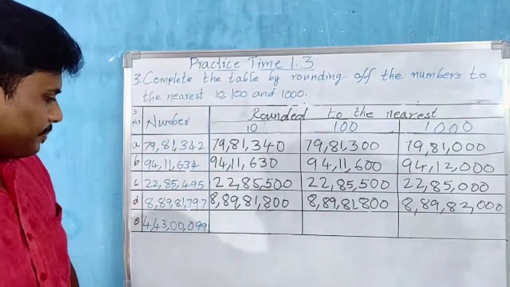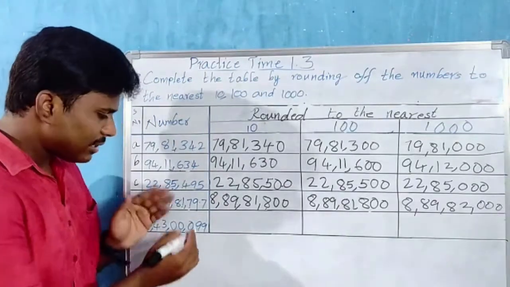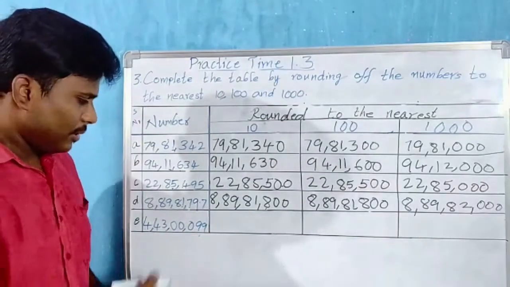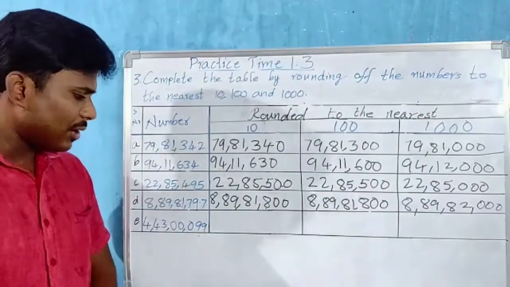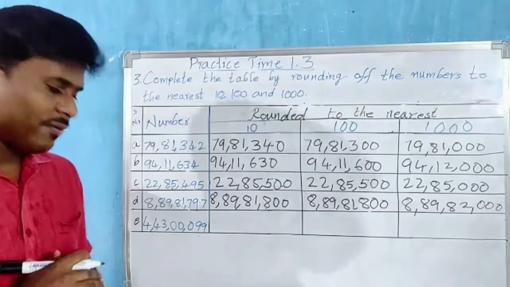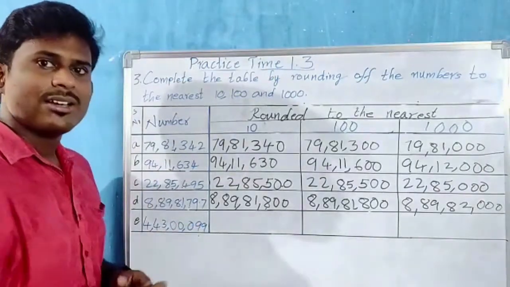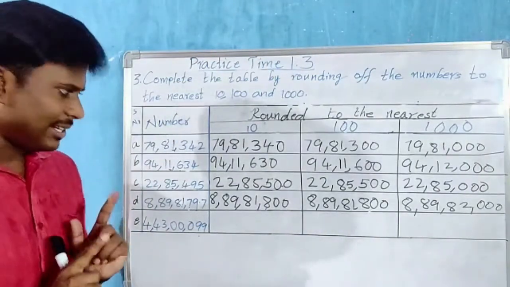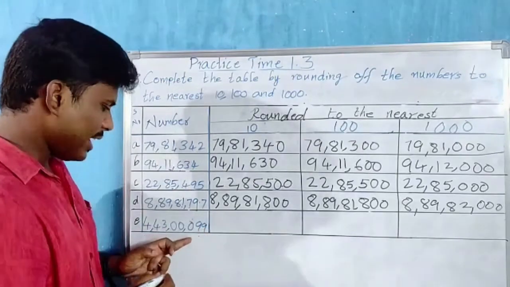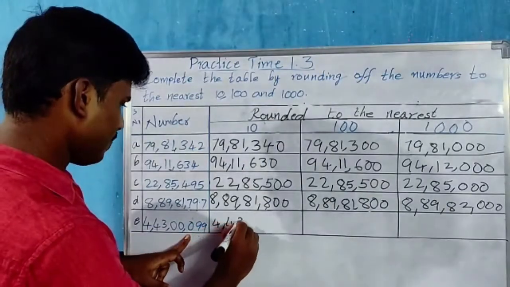Now last question. Round off to nearest 10. What is our rounding digit here? Tens place. Here, tens place. Okay. Now immediate right side, which digit do we have? 9. So 1 to 4, slide on the floor. 5 to 9, climb up the vine. That means 9 plus 1, 10. 10 means 0 here, 1 we have to regroup here. Okay, remember 1 we have to regroup here. So leftover digits we have to write the same.